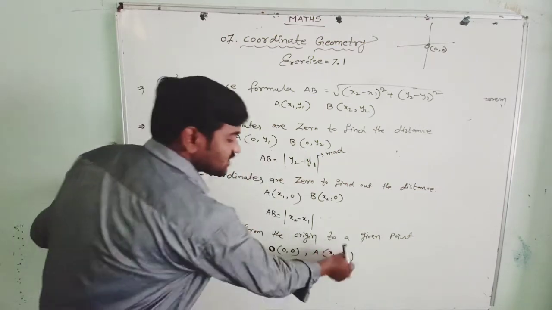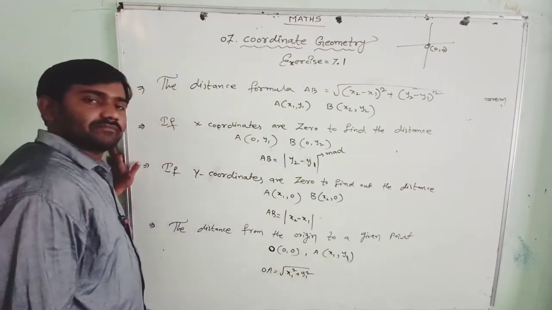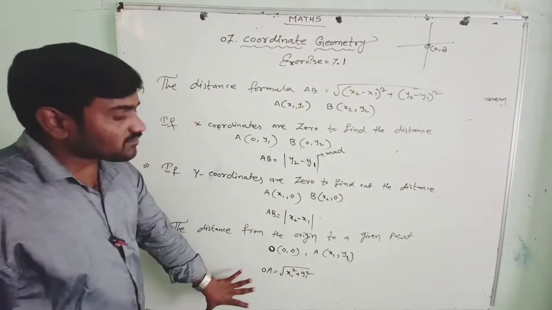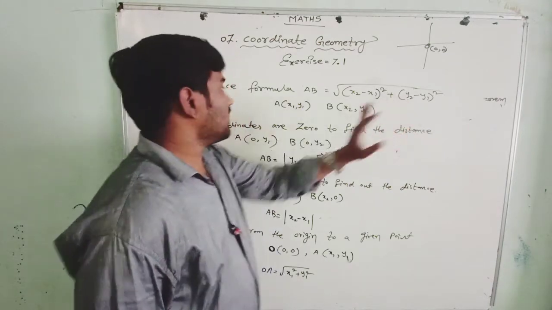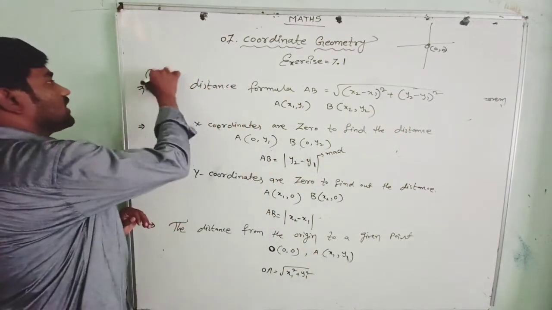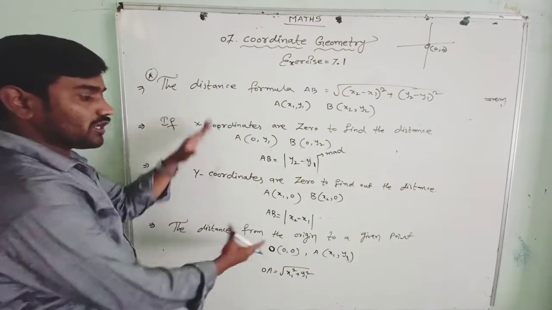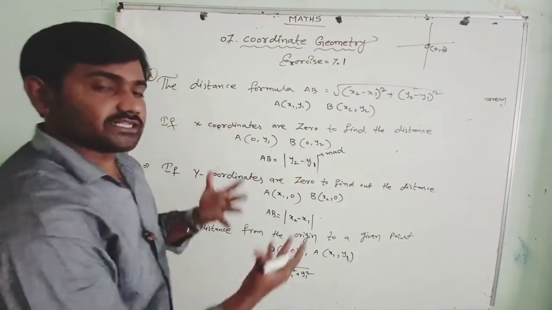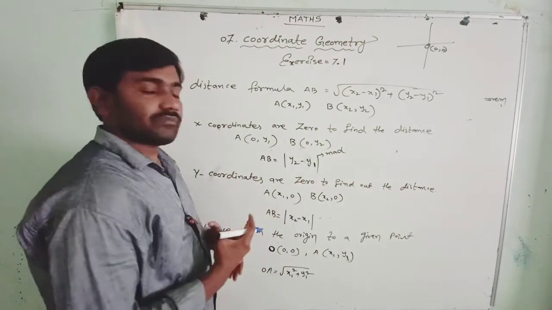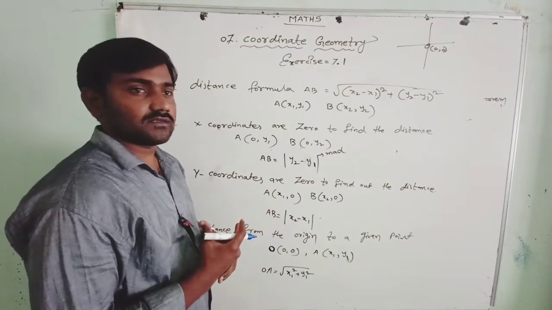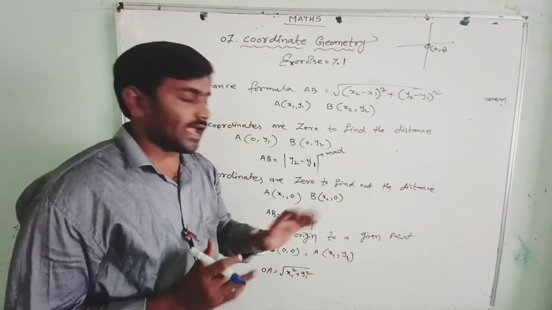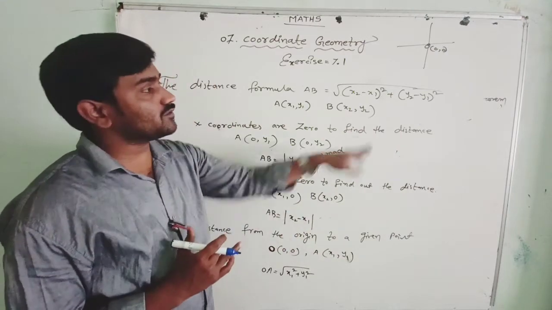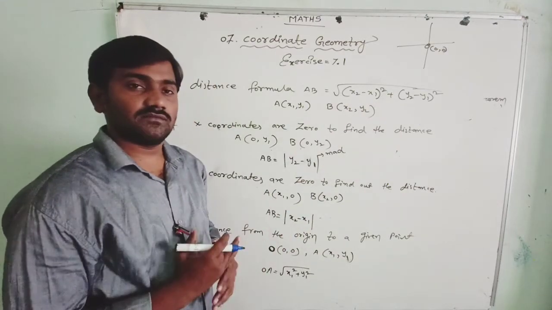That means these points, if you do it square, that's enough. And these formulas are all derived from this original formula, that is the distance formula. If you don't remember these formulas at a certain time when you are solving problems, this is the formula you can use at all times. At any time you can use this formula to find out the distance.